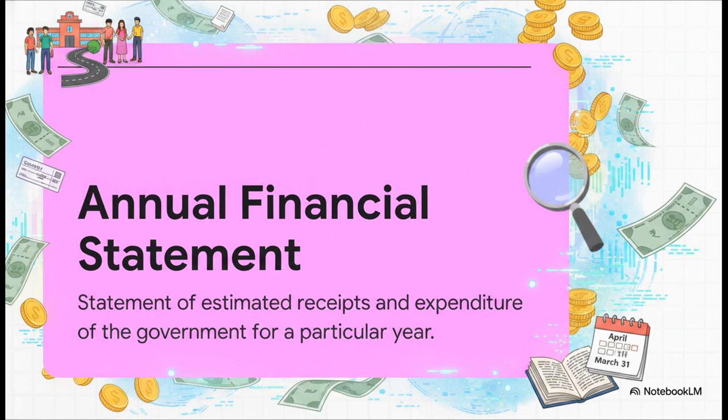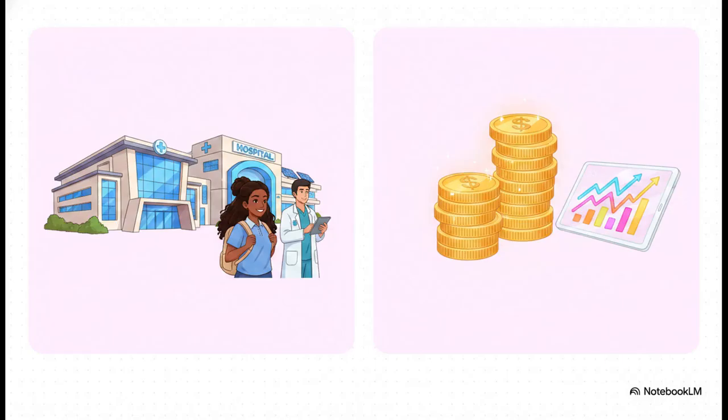This single document pays for literally everything. We're talking officer salaries, pensions, building new roads, schools, hospitals, and running all those vital welfare schemes. Now, when the big budget speech is actually delivered, the document is split really cleanly into two distinct sections. You've got Part A, which is sort of the macroeconomic heart of the whole thing. This is where all the exciting announcements happen, right? The launch of new welfare schemes, the massive allocations for defense, education, healthcare, all of that.